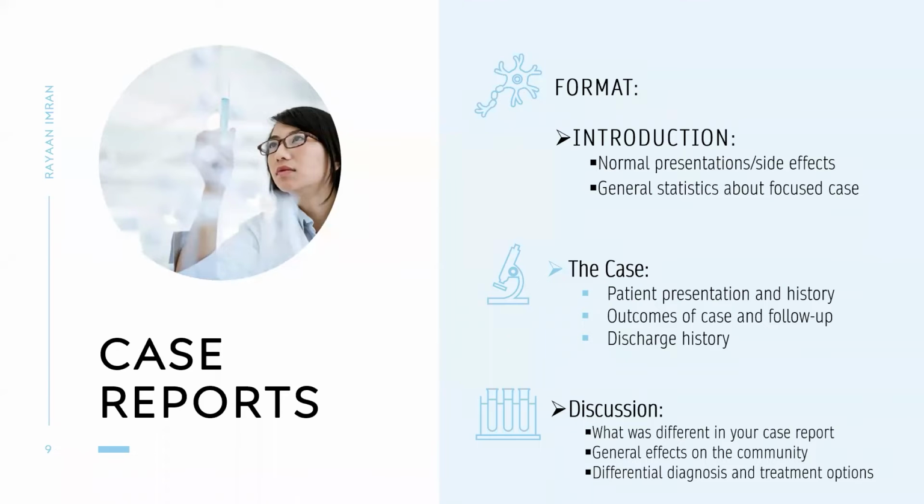Now, a case report should usually include three things: an introduction, the normal presentation and side effects, and the general statistics about the focused case. That is, what these patients had. Let's say John Doe came to me with a microaneurysm in the upper limb. If you are studying the blood module right now, you might know what epistaxis is. If you study Pathoma, hemorrhagic bleeding and things like that, you might see that in your books. You notice what is in front of you, and that is something very unique.